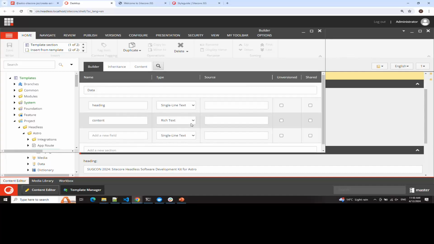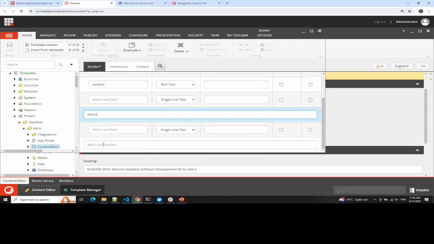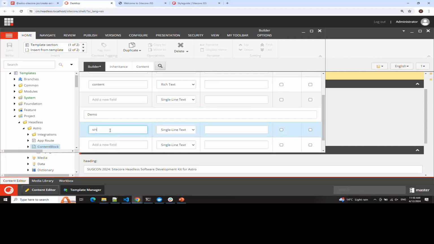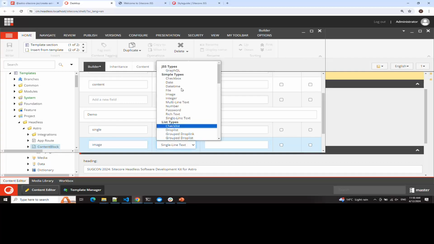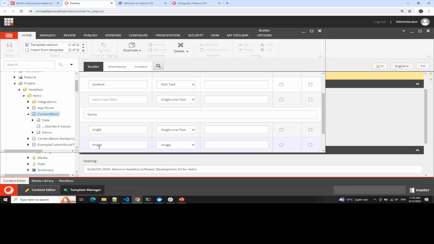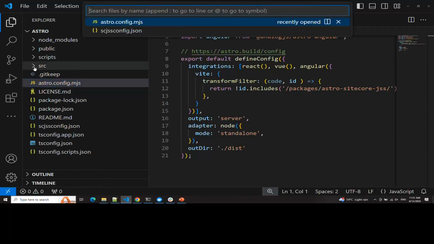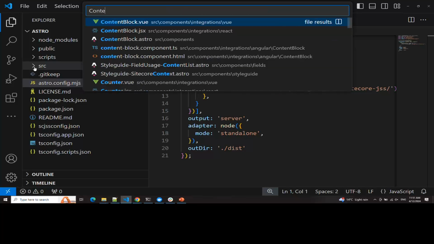So let's create a demo section here. Let's create some single line fields and add an image field. And let's save it. Okay, so you can see it is now reflected. Good. Then let's navigate to the content block